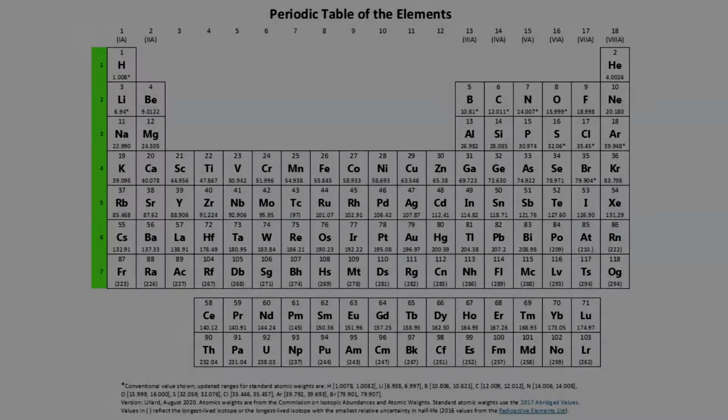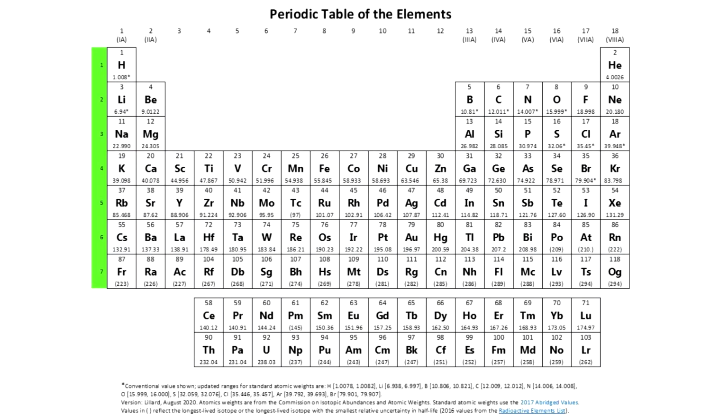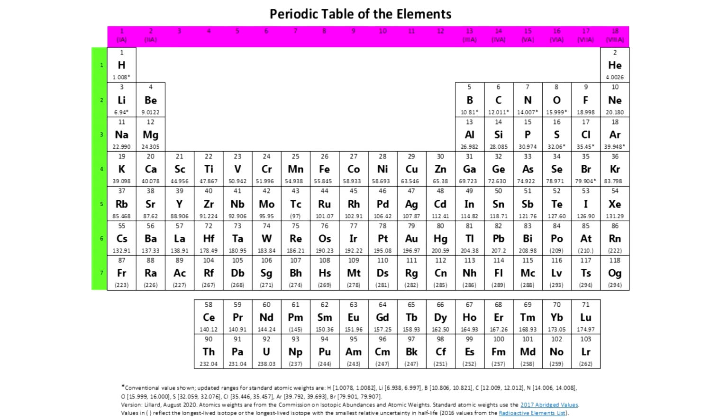The rows, which are numbered from 1 through 7, are called periods. We'll use these values more extensively when we talk about orbital diagrams and electron configurations, but for now, you can use them to help locate certain elements or regions. The columns, which are also numbered, are called groups. The first set of numbering, 1 through 18, is a designation recommended since 1988 by the International Union of Pure and Applied Chemistry, or IUPAC, to avoid ambiguity in which group is being referenced.